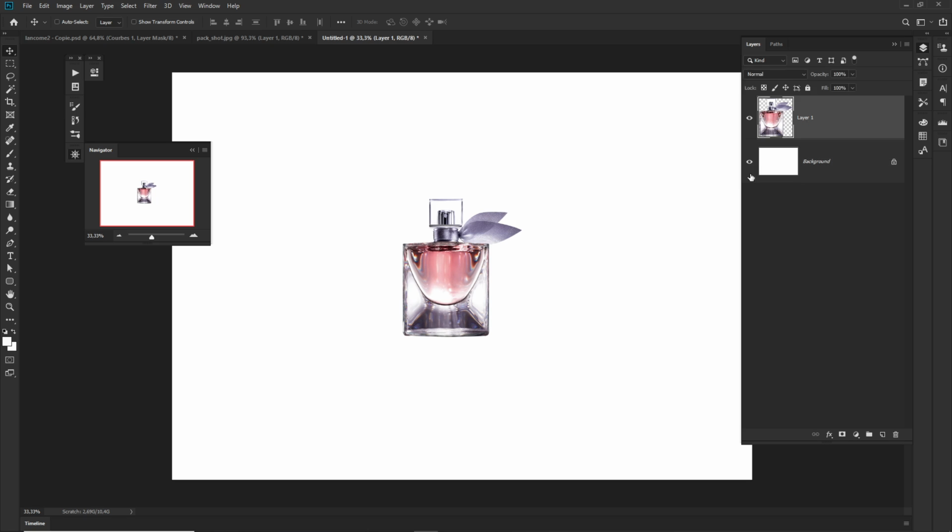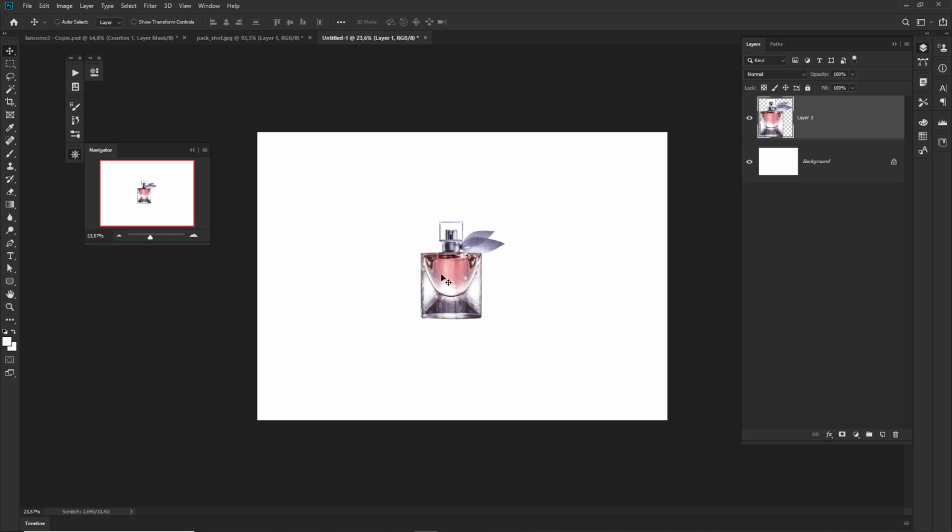the center. But here we need to optically center the element. We need an optically centered object instead of a truly centered object, because of the tiny leaf, which makes it unbalanced. So we are unlocking the background. We are pressing Ctrl T. So now I can see that the center is near here